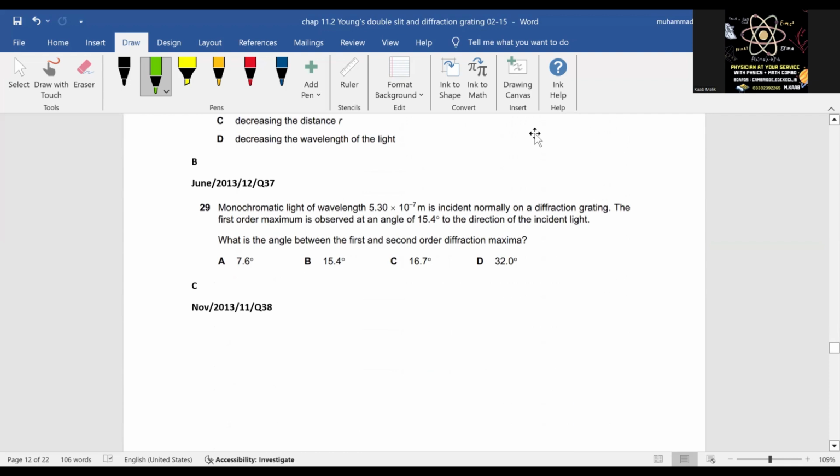सर, इसका आंसर सी है। वो तो मेरे को भी पता है, मैंने लिख रखा है सी है। तुम क्या होशियारी कर रहे हो? अच्छा, डिफ्रैक्शन, ये करवा दो।